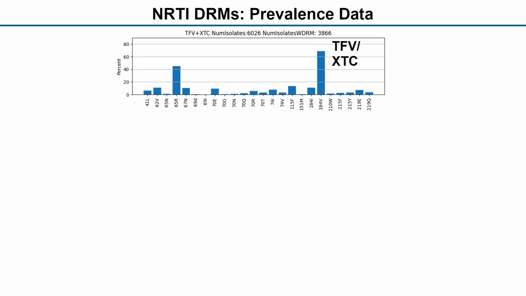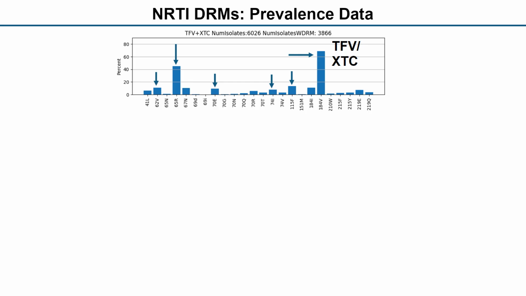The top panel shows the distribution of NRTI drug resistance mutations in patients receiving tenofovir plus 3TC or FTC. The most commonly selected mutations are M184V and I and K65R. Several additional mutations, A62V, K70E, L74I, and Y115F, occur at lower frequencies. There is also a small background of thymidine analog mutations, or TAMs. It remains uncertain whether these TAMs are selected by tenofovir plus XTC or whether they instead reflect transmitted resistance or perhaps